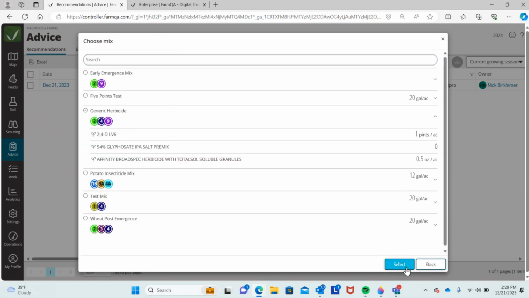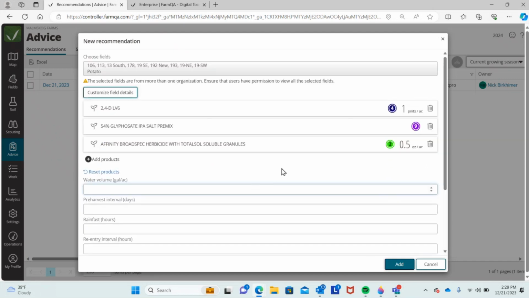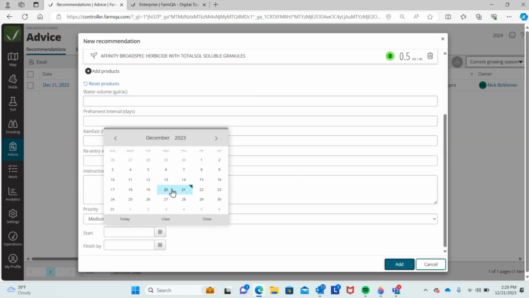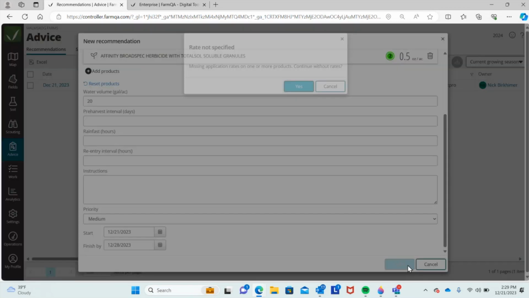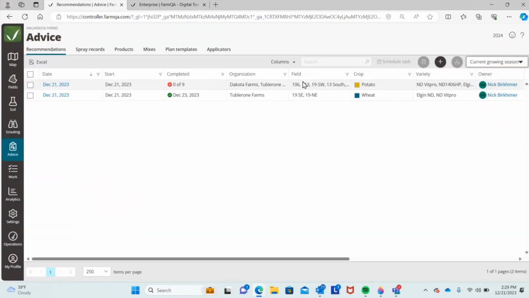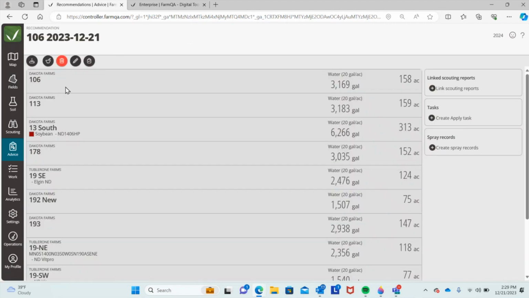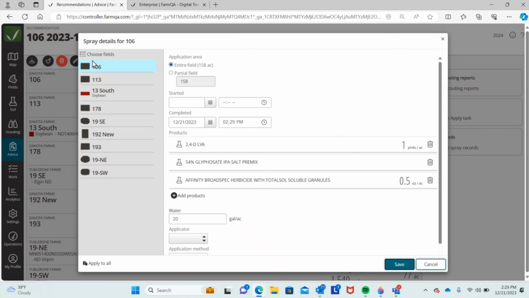They're going to be getting this generic herbicide mix. All of that looks good. Put in my information, but just something that's ultimately going to take us a little bit longer to go through piece by piece and get everything drawn out. So now when I go in here and I click on create spray records,